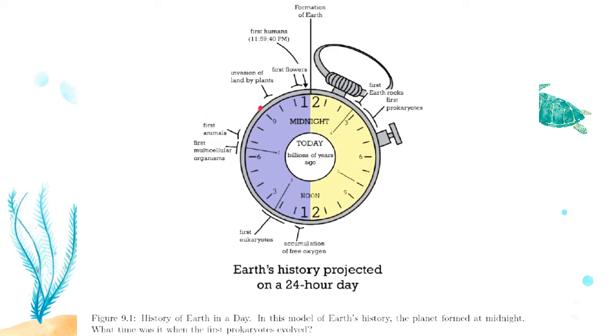And then nothing much happened again until around 10 o'clock that night, wherein there's the invasion of plants, because for most of this time they mostly stayed in water. But at around 10 o'clock p.m. of that projection day, they started to invade our lands and eventually produce the first flowers at around 11 o'clock. Okay? And then at 11:40 that night, before it turns 12 to complete the 24-hour projection,